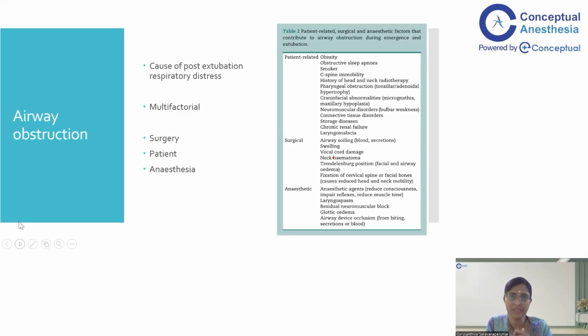Any patient who is obese, has obstructive sleep apnea, in whom there is C-spine immobility, a history of head and neck radiotherapy, where the tissues are so much fibrosed and you are meddling in the airway again, and there is pharyngeal obstruction, may it be adenoid or tonsillar hypertrophy, any craniofacial abnormality like micrognathia or retrognathia, and neuromuscular disorders which have bulbar weakness, a patient with a perioperative stroke, so in whom there is a bulbar weakness, or muscular dystrophy with a bulbar weakness, these patients will have increased risk of perioperative respiratory distress, and in whom there